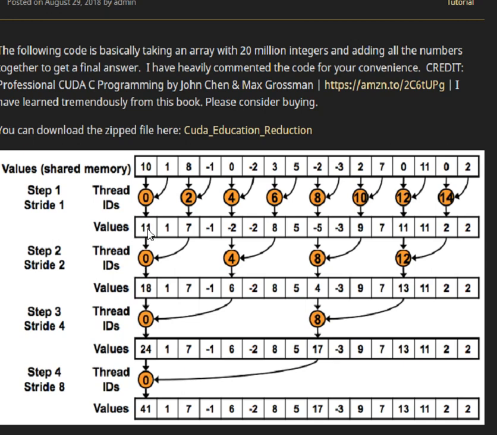And then right after that we did 11 plus 7 is 18, right? You have to make sure that once you're finished with this iteration, let's say we're just talking about thread 0. Once you're finished with this iteration, that you don't start processing this value plus the value here before